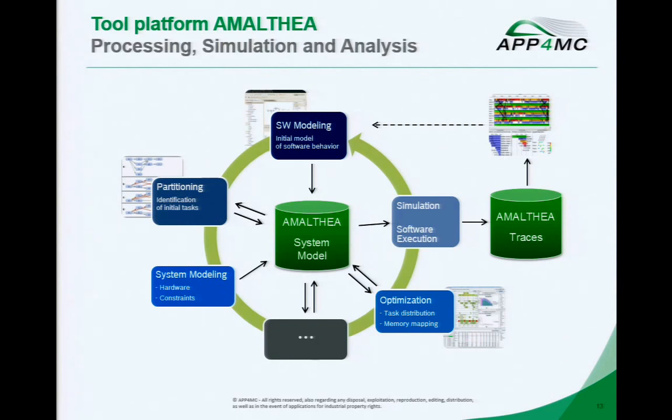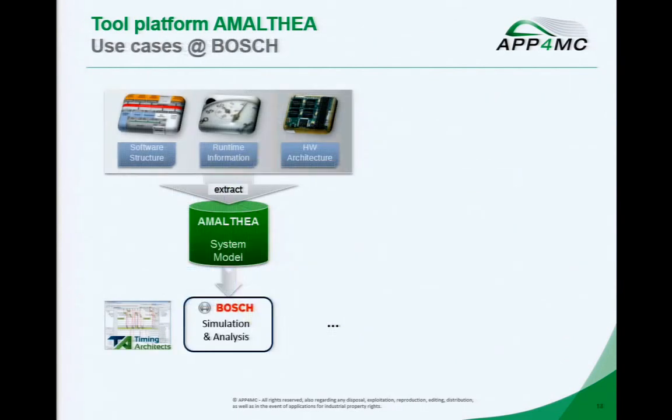So how is this used? Some use cases at Bosch. We had a lot of work to get all the information. This can be done at the end of a project where all this is available. So you can have source code analysis, binaries, you can have all sources of information to get the structure of tasks, runnables as these smaller building blocks, and access to data. And then it can be used to do this simulation and optimization of the placement.